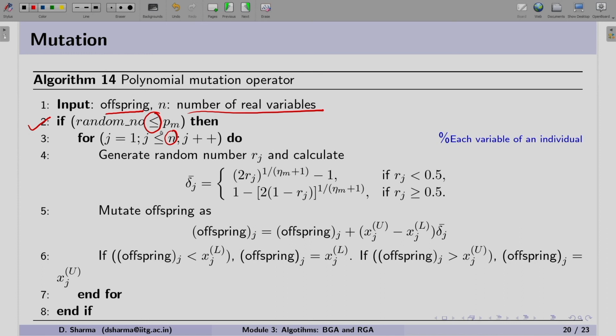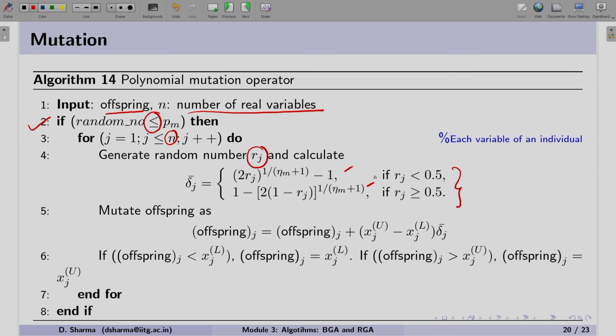Thereafter, in step 4, we generate a random number, say Rj, and then according to Rj, with this particular formula we already know for the polynomial mutation, and based on the value of the random number Rj, we are going to use either formula 1 or formula number 2.